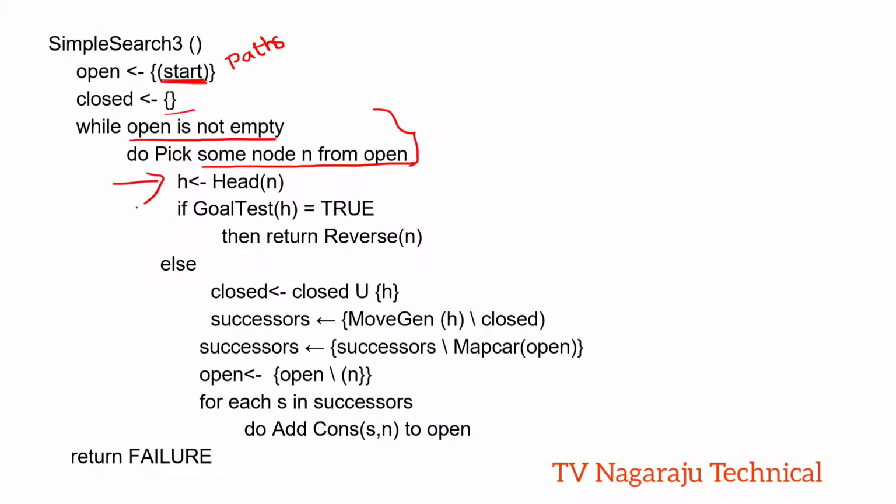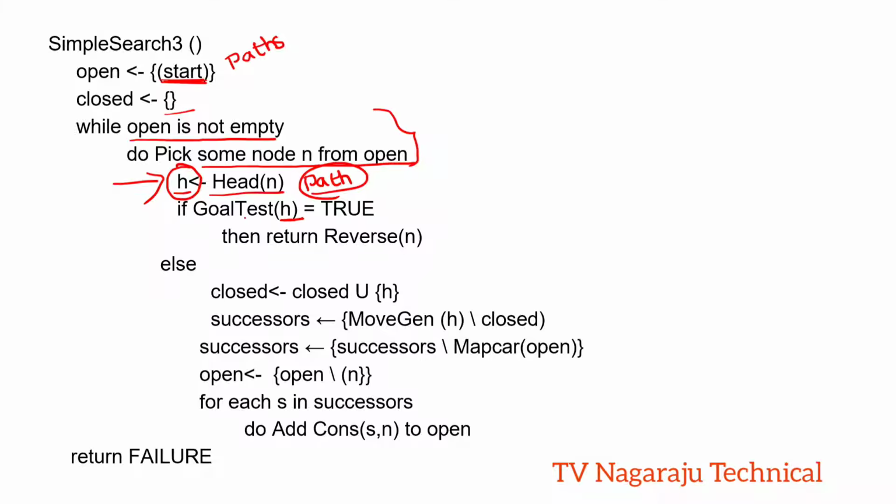This is the most important. Till now we are getting the open, but here, observe carefully. Here you are not getting the node. Here you are getting the path. You got the point? In the path, I am getting the starting node, that is the head node, and I am checking